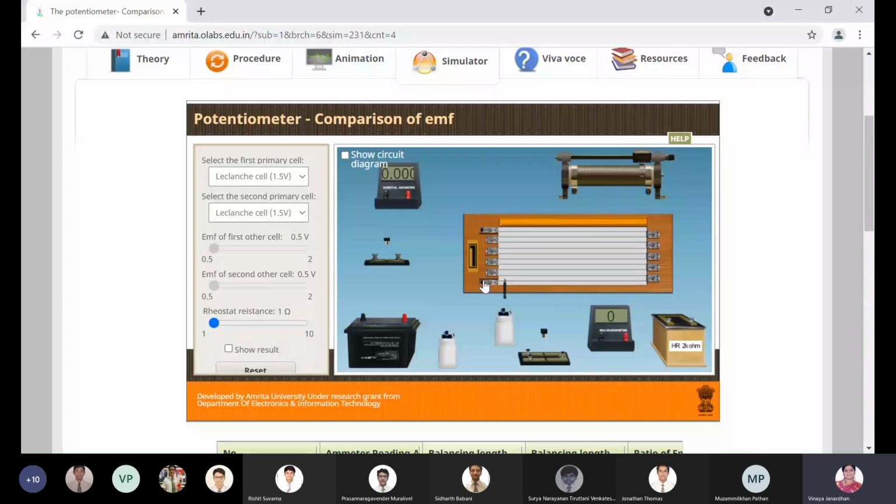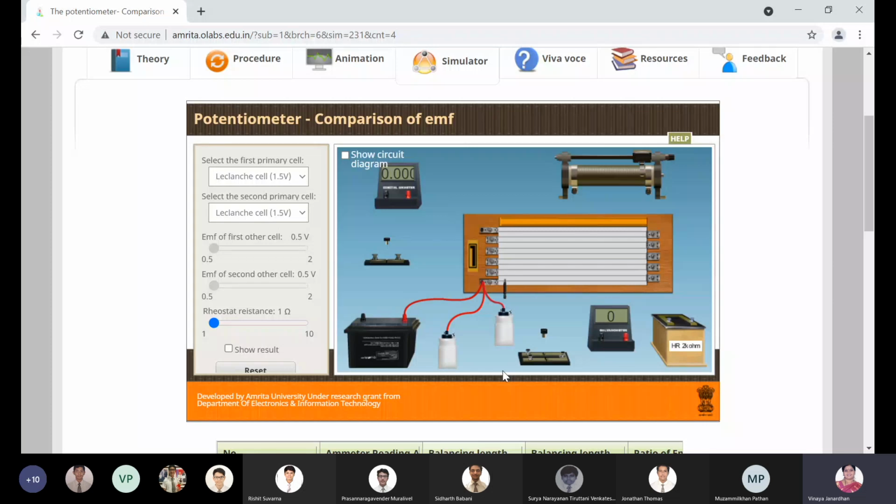At this lowest terminal, you have to connect the positive terminals of all the two cells and the battery. Can you see the cursor? So this is the lowest point of your potentiometer wire. The other one is the highest point. So this point P, which is the lowest one, let me connect the positive terminal of the dry cell, then the positive terminal of one more cell, then the other cell. All positive should come to this point.